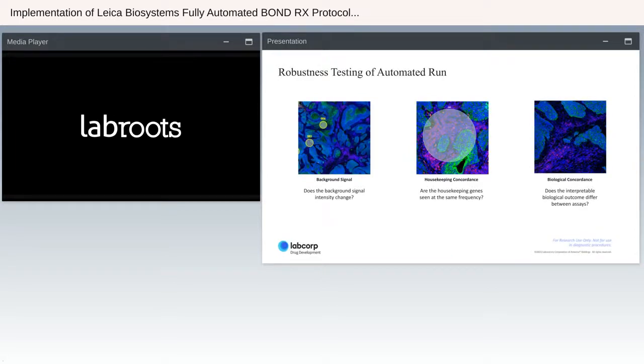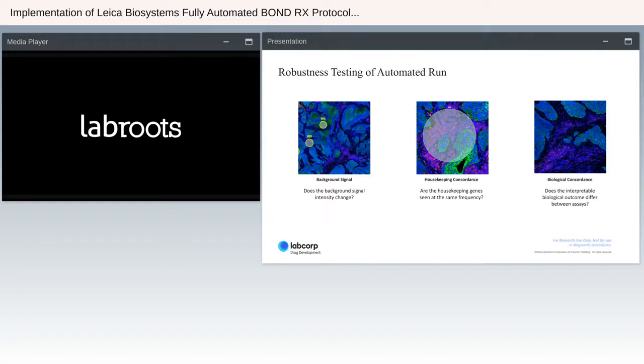So while we were very pleased with how the fully automated assay was running on the Bond RX, we wanted to make sure that we were getting the same quality data we were getting with the manual run. NanoString came to us and said, we're beta testing and rolling this out, would you be interested in partnering with us and seeing if we are getting the same data quality for the specific assays that you are used to running? So we came up with the robustness testing